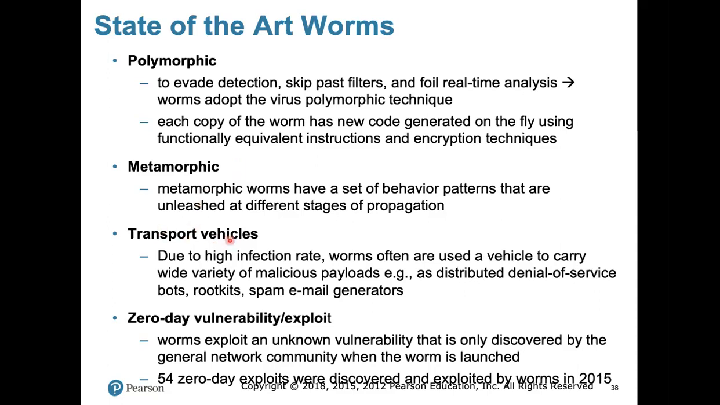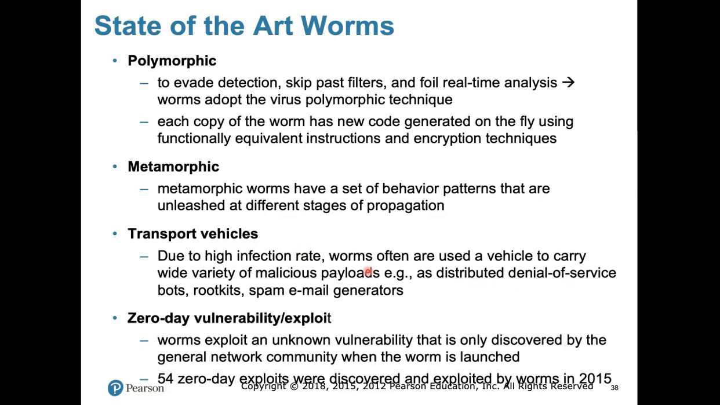Transport vehicle. It means that since the infection rate of worms is very high, worms are often used as vehicles to carry other malware or other malicious activities. For example, we talked about denial of service attack or distributed denial of service attack. This is a very important type of attack. But some of the denial of service attacks use worms just for the propagation phase. So they use the worm as a vehicle to propagate to different machines, and then they start doing the actual attack. So the worm itself is here just used as a transportation mechanism for spreading other types